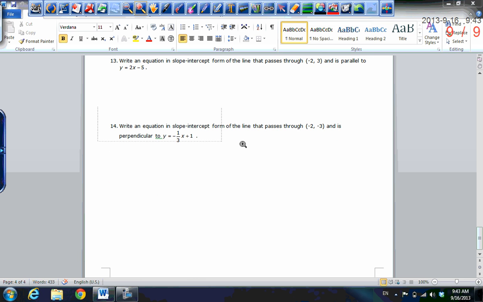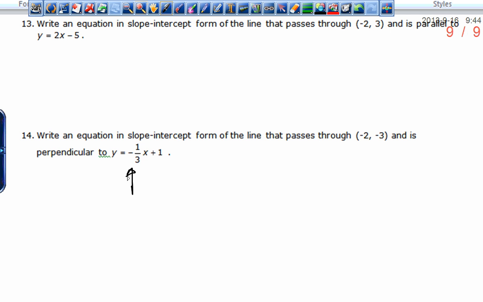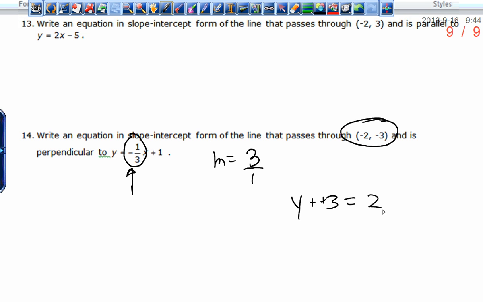Okay, we read that word perpendicular, so what does that tell us about our new slope? Flip an opposite, so what does that mean my slope's going to be? Just positive 3, positive 3 over 1. Yeah, that's right. Good job. Because I flip 1/3, it makes it 3 over 1, and I make it negative, negative, negative, positive. Well done. Once again, we got a point, so y minus negative 3 equals m, in this case 3, x minus negative 2, that also turns into a plus. With a copy to distribute property,